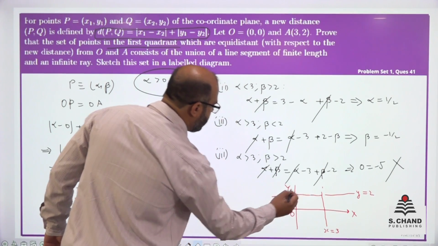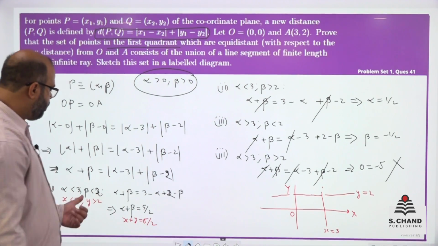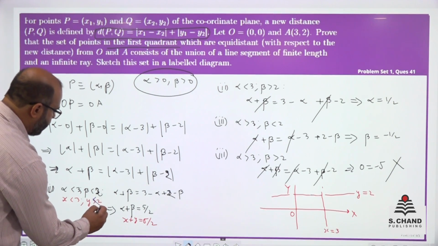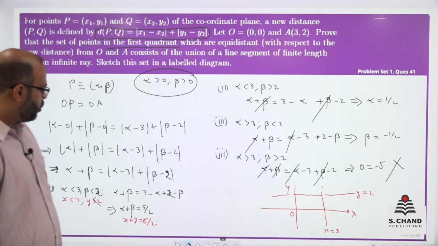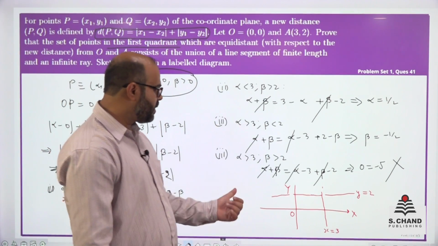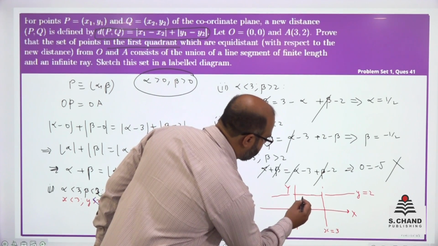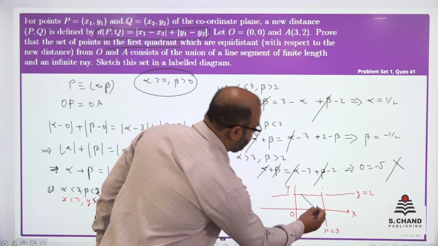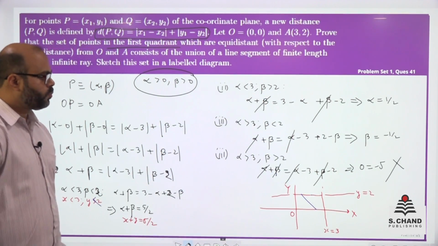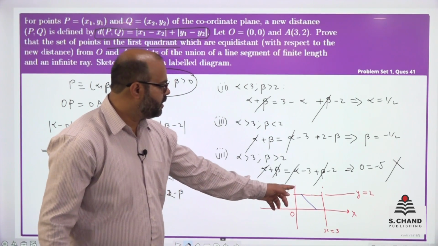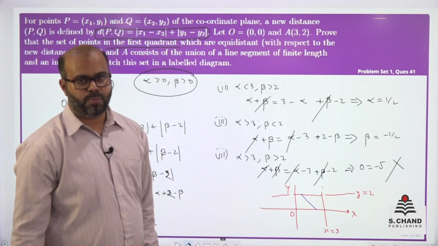In the first case, we have beta less than 2, no? So I have wrongly written y greater than 2. It is y less than 2. So y is less than 2. In that case, the graph would be something like this. This is 2.5 intercept on the x-axis, and when we proceed, it will also be a 2.5 intercept